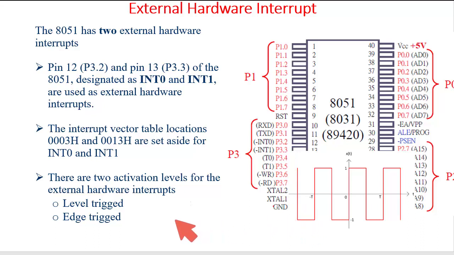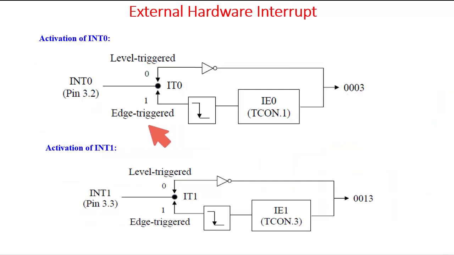And what is edge triggered signal? Edge triggered is basically falling edge triggered. This is the falling edge from high to low. So when this type of falling edge arises at this pin, it will act as an interrupt. This is one falling edge, this is another, these are the different falling edges. So we can trigger the external interrupt as a low level triggered or as a falling edge triggered. This is how the different triggers are activated.